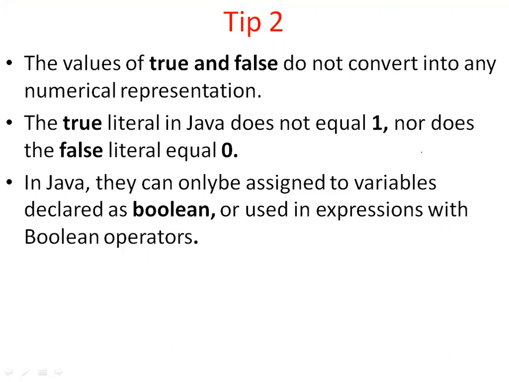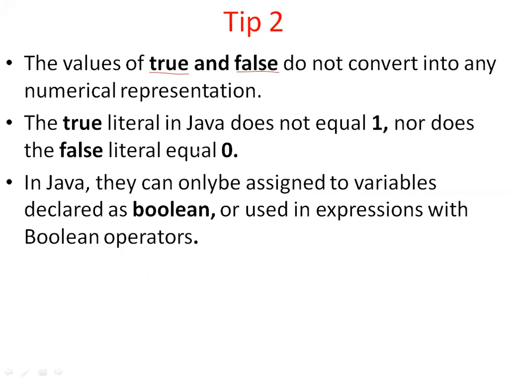Yes or no? But here in Java, true means it is the 4 letters TRUE. That's it. False means it is FALSE, these 5 letters only. There is no numerical representation for this. Please remember, in C, these two words, true and false, are not present; they will be treated as 1 and 0. This is the difference. So when you are learning a language, you should always compare with the previous language which you studied. Then you will come to know the difference between this language and the previous language, C and Java.